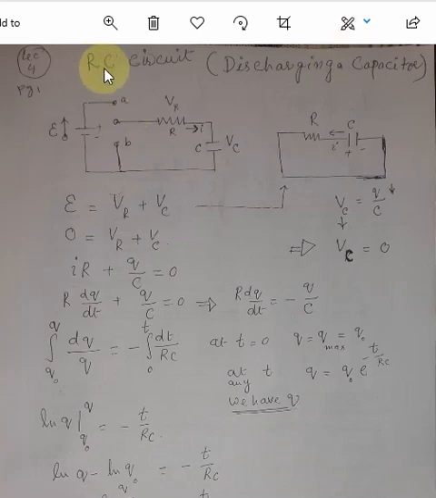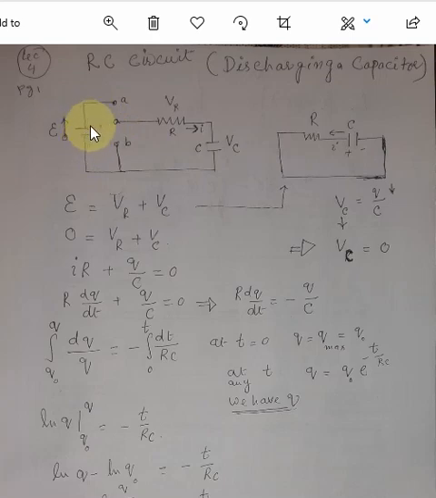Today's lecture is RC circuit discharging a capacitor. Here you can see the circuit which we discussed yesterday in the last lecture for charging a capacitor. Today again we will consider the same circuit, but the difference is that the switch S in the last lecture for charging a capacitor was connected to the point A to include this source of EMF,